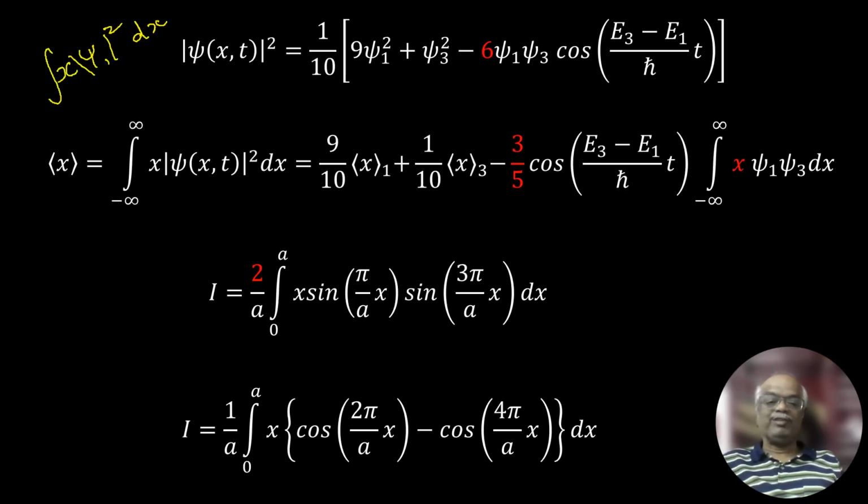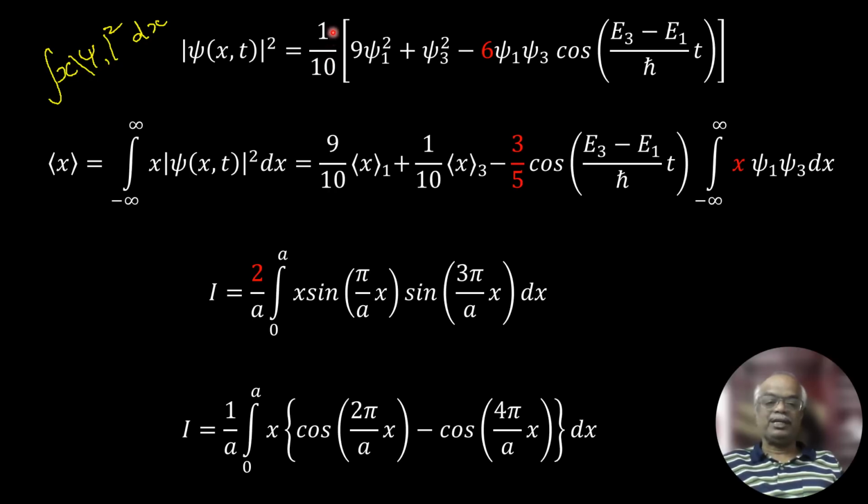This is the expectation value of x. In order to indicate this is the expectation value for wave function 1, I am using subscript 1. So this is 9 divided by 10, because I am bringing this 1 over 10 inside. The expectation value of x1. Similarly here, 1 over 10, the expectation value of x3, and this third term, the cross term,